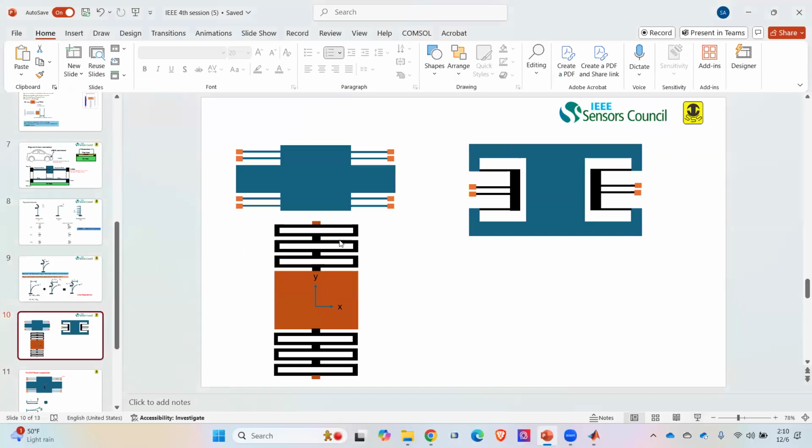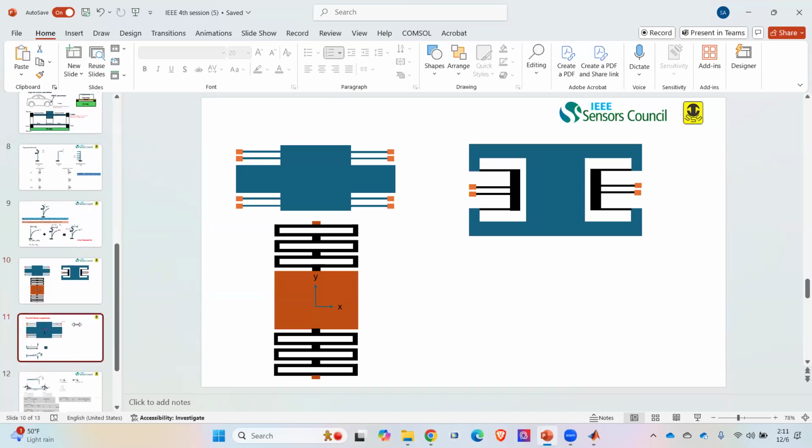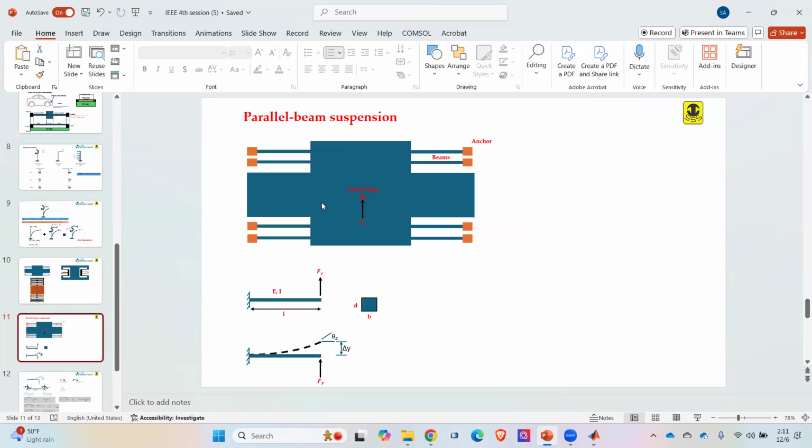I'll definitely help. Also, when you are designing something, it is always a good idea to do it analytically rather than just hit and trial. With hit and trial you'll also come up with some design, but it might take a lot of time. But if you do it analytically, you will get a lot of idea how to get the best possible design. So let's take an example of a parallel beam in this session. What I'll do in MATLAB is,